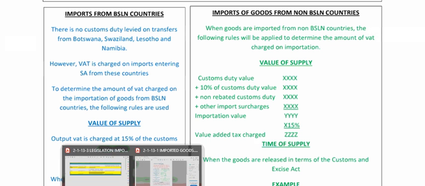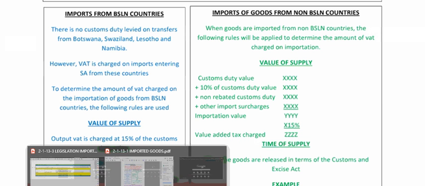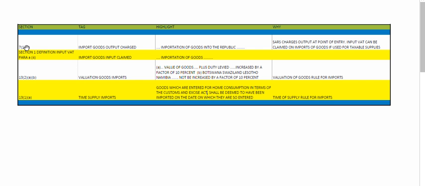Now, if you're a student that's allowed to take a cycle legislation handbook into an exam, these are the sections you should be taking. So, section 7.1b, import goods, output charge, that's in that section. So this is why we charge output VAT. The input VAT claim, when you take that good and use it in the business, if you put that bar one into your business, that's section 1, definition of input VAT, paragraph A2, sorry. Okay,